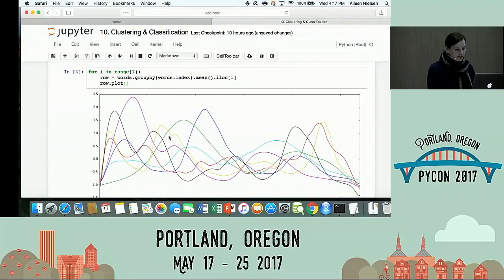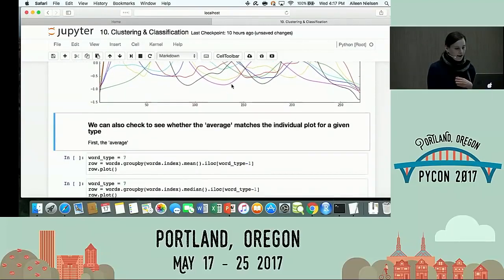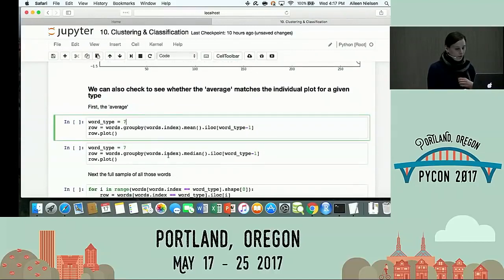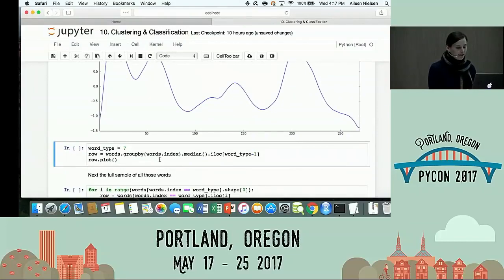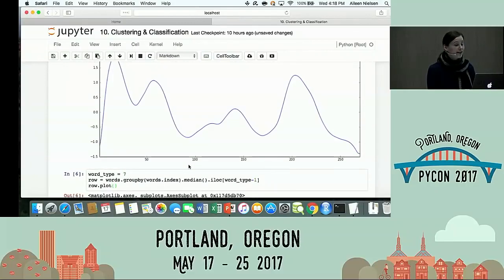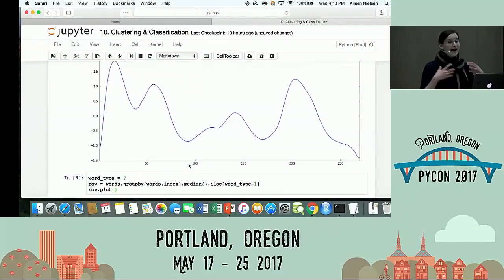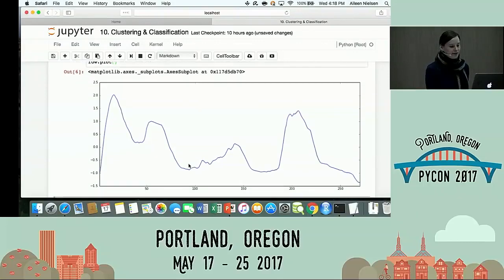Here what you see is I'm grouping the words by their value and taking the mean. So these are different kinds of words. Let's take a look at word type 7. This is what the average word type 7 is. At each point in time, I'm averaging all of the 7s. And let's take a look at what just one of them looks like. So this is an idealized time series I've come up with by averaging all of the spoken words of a certain type. But this is really more what my data is going to look like, something kind of fuzzy.